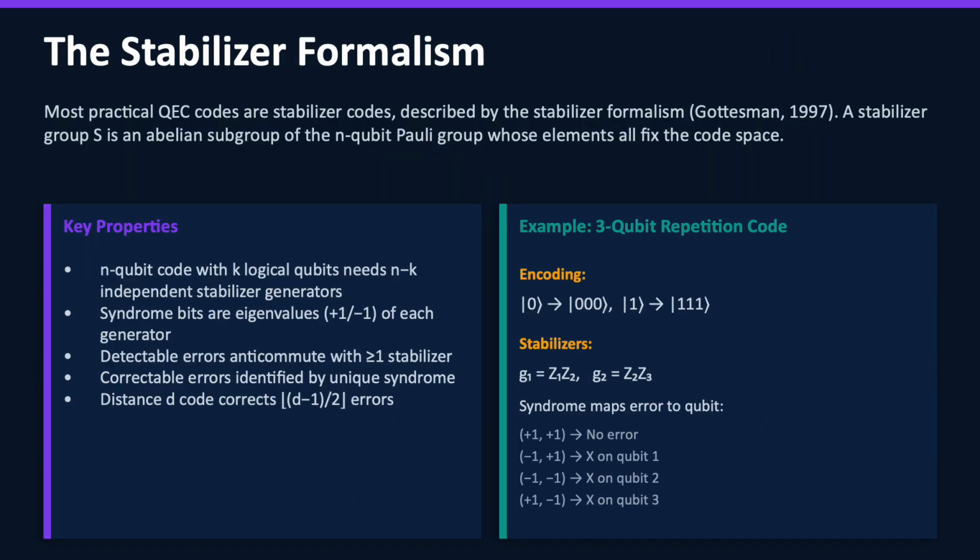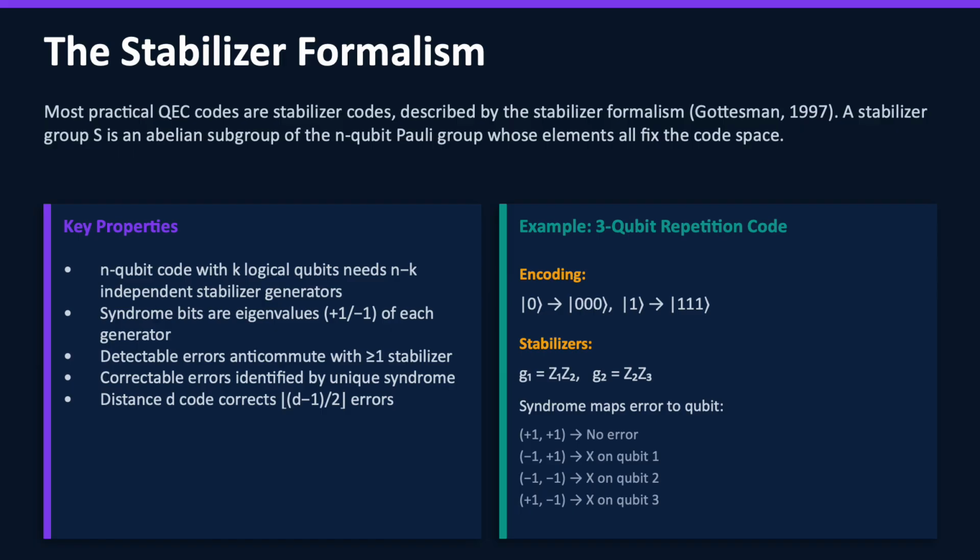Most practical quantum error correction codes are described using a mathematical framework called stabilizer formalism. While the name sounds intimidating, the underlying idea is quite intuitive. Think of the correctly encoded quantum state as a very specific pattern of relationships between qubits. The stabilizer generators are essentially a list of questions you can ask about those relationships. Questions whose answers should always be yes, if no error has occurred.